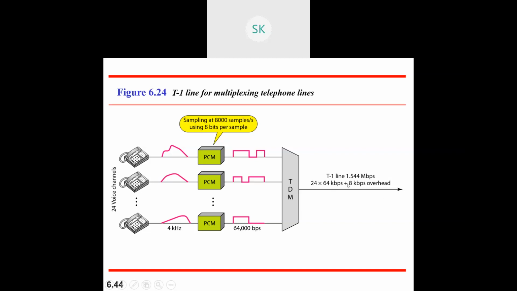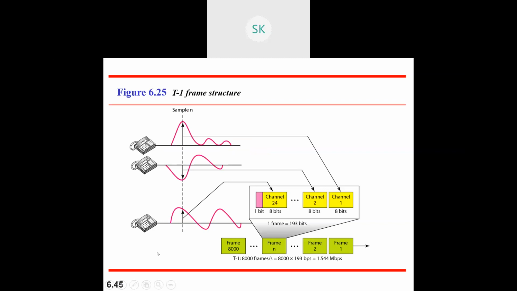In a similar manner, they have given it for your digital hierarchy. Here 24 digital signals are merged, and each signal has 64 kbps as the bit rate. Now if you combine them with time division multiplexing, you'll get one more signal, which will have 1.544 megabits per second. How? 24 multiplied by 64 gives you the answer. In a similar fashion it goes. So that's all with respect to this hierarchy.